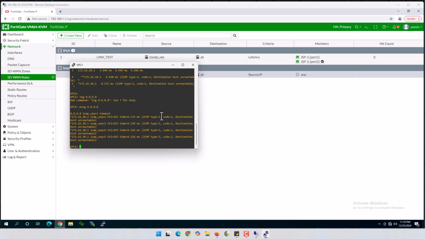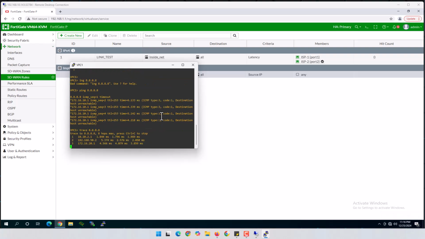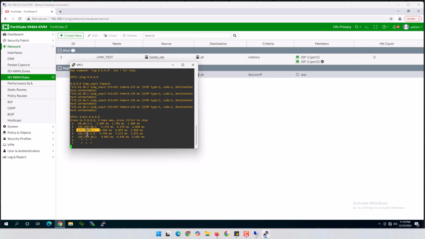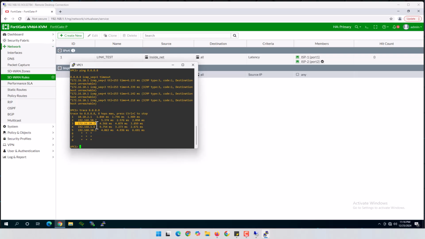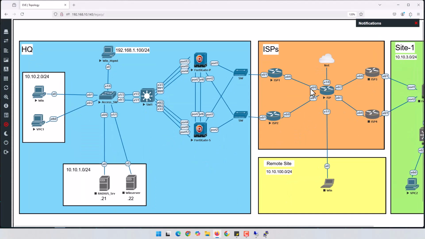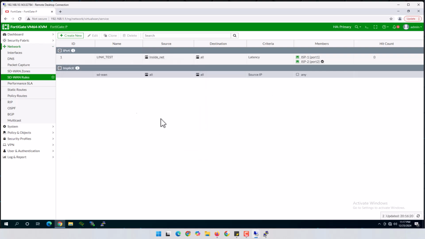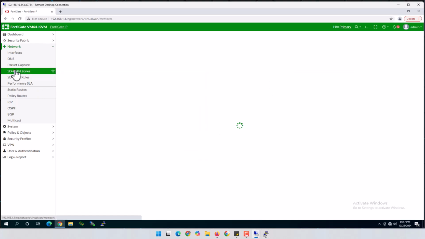And if I go here and try to trace, you can see this time that this traffic is going through 172.16.20.1, and it's configured here in the ISP2. It means that it just switched back to the ISP2. And now if I go to the SD-WAN zone,